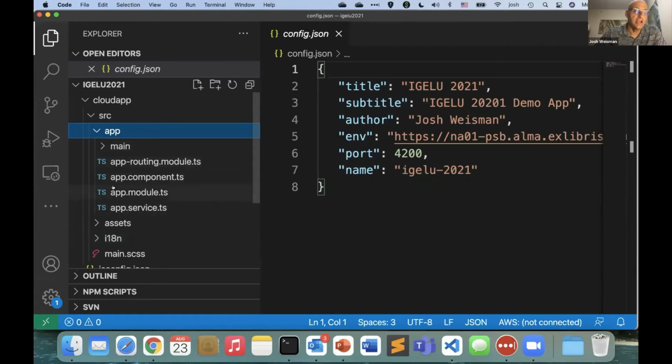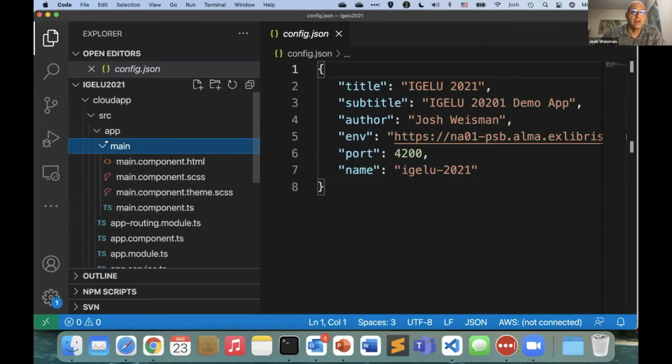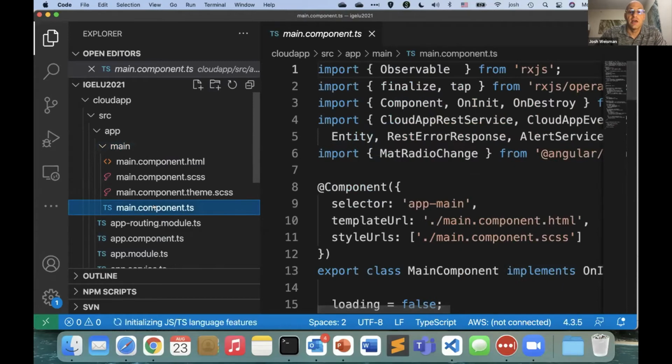So this is some Angular stuff here, service, the module, the component, etc. And then each component in the Angular structure has its own directory. And so I have my main component, which has an HTML page, some CSS, and then the code behind. So it's actually similar to what Mehmet was doing earlier in the first talk, how to break up a component. So in Angular, components are broken up like this by default, as opposed to AngularJS. And so I have my component files here, which we'll see momentarily.